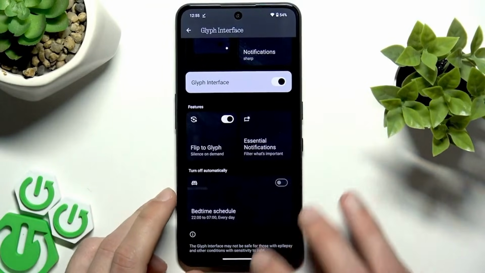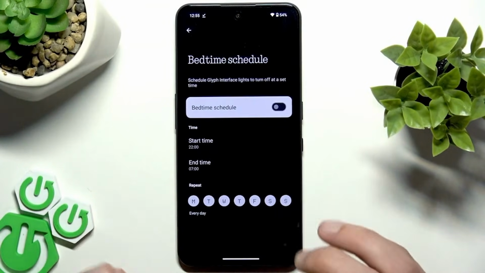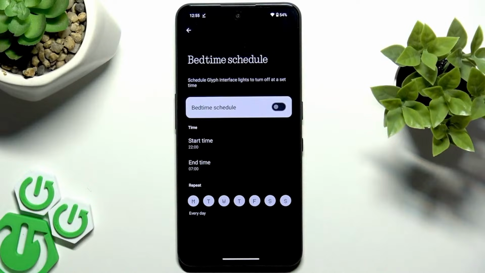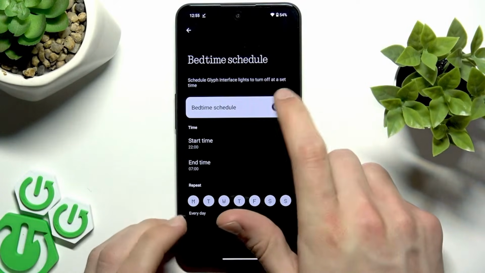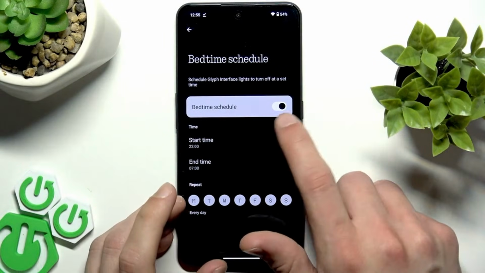And the last thing here is bedtime schedule. The bedtime schedule is for setting the time when your Glyph interface will be inactive and will not send you any notifications, and will not receive any calls. So if you want to set up a bedtime schedule, you have to switch this toggle to the right,